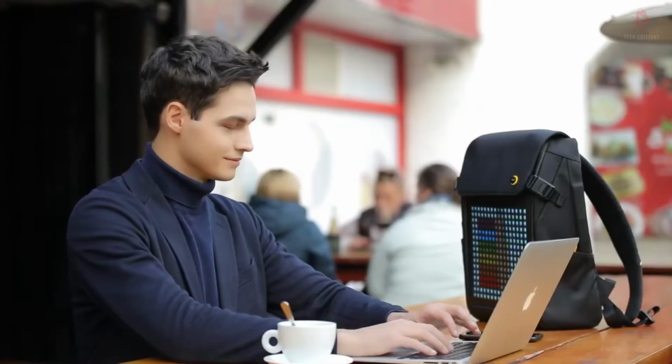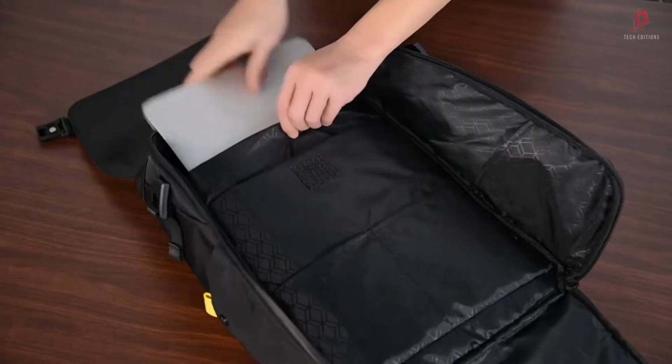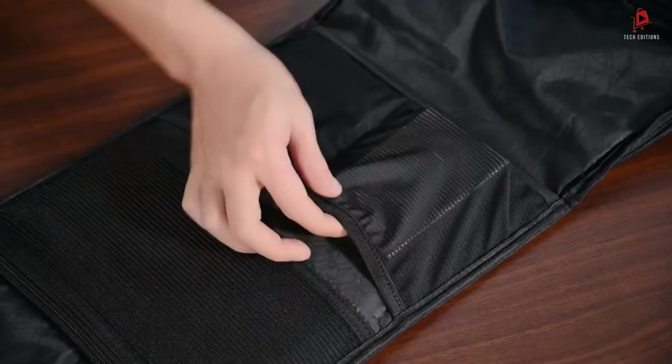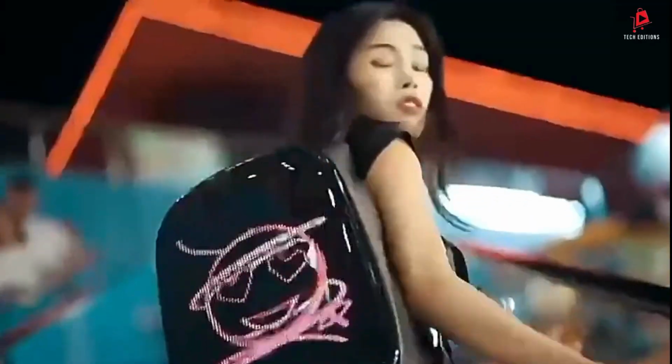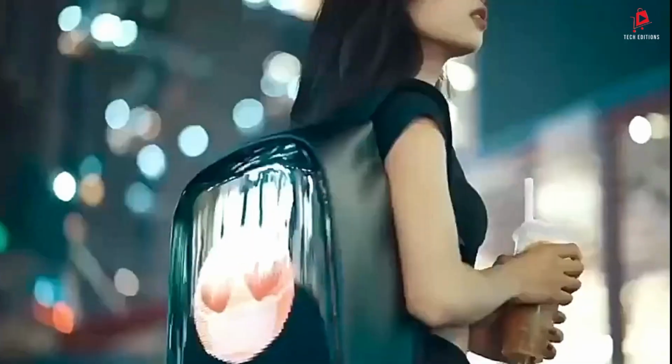In this video, we'll explore the 5 best LED backpacks for 2025. From unique designs to functional features, these backpacks are perfect for adding a touch of style and tech to your